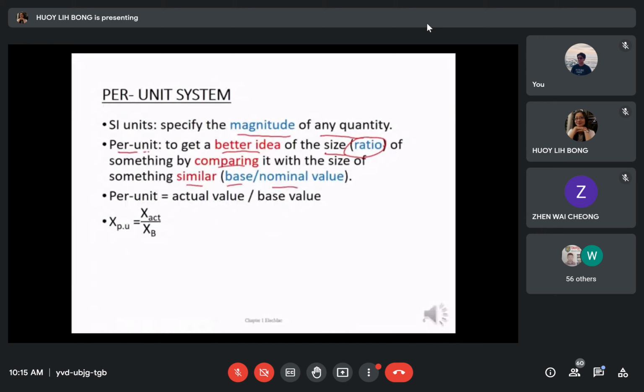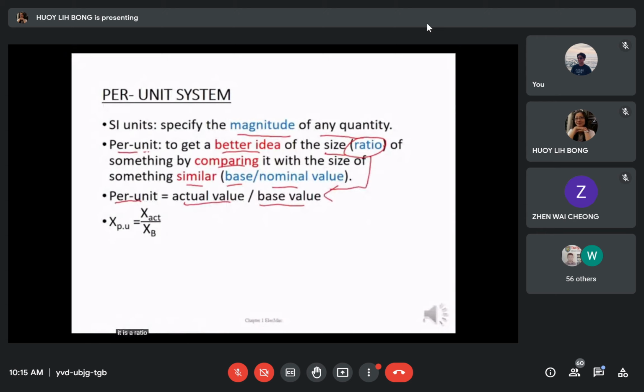The formula to find the per unit is given as the actual value divided by the base value. Hence, it is a ratio,